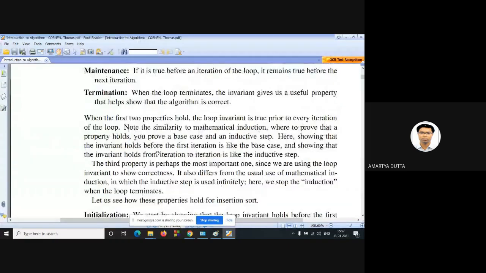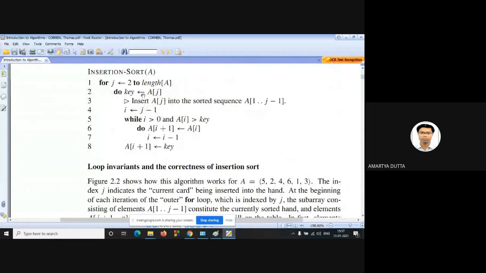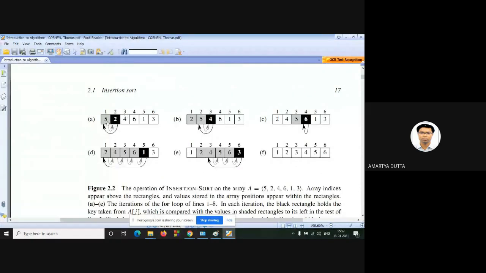Any confusion regarding this algorithm? How it works? So 5 and 2, so 2, 5 are placed in the proper position, and next 4. So 2, 5, 4, 6. Next, you have to compare this particular one at figure number D. This particular one is compared with 6. So 6 is shifted by one position. Next, 5 is shifted to position number 6. In this way, 1 is placed in the proper position. So this arrow shows the shifting.